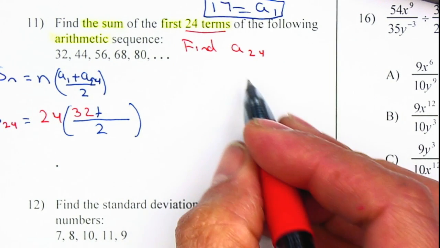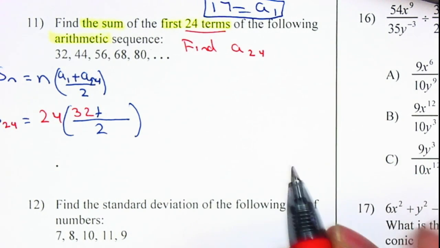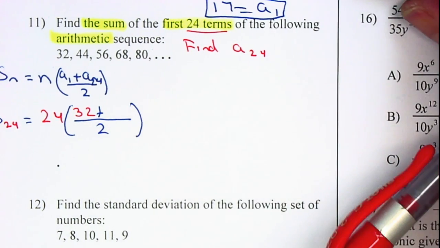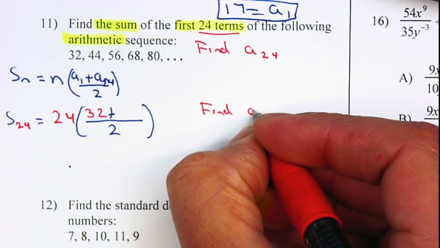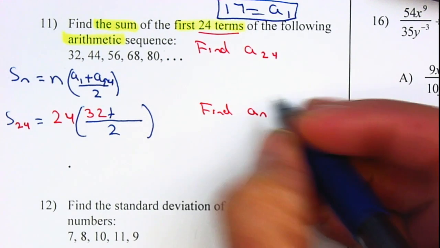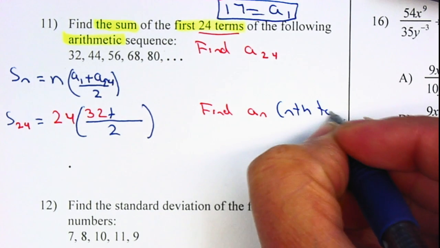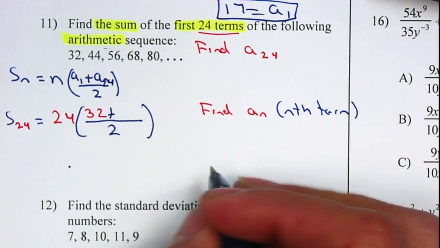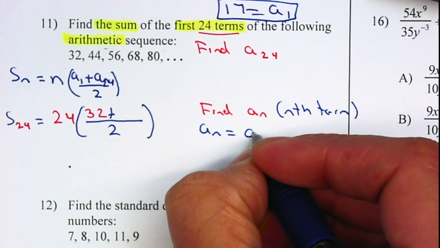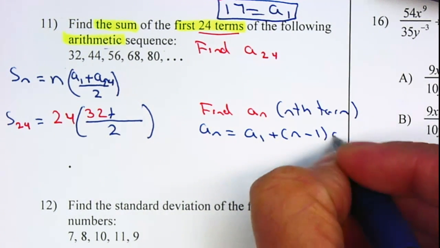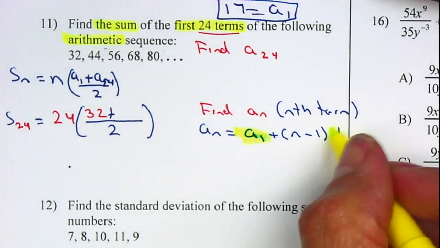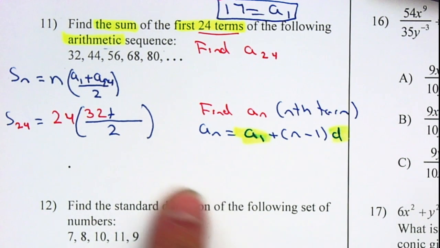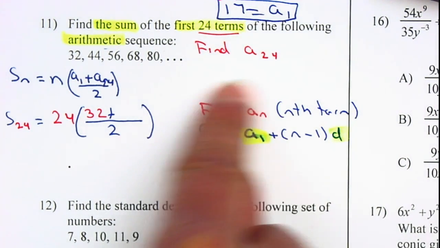In order to find the 24th term, I need to be able to find the equation, the n term. So I need to find a sub n, that is the nth term, the equation. It's an arithmetic sequence, so it'll be a sub n is equal to a sub 1 plus n minus 1 multiplied by the difference. And I just plug in the information they give me. Remember, I need to plug in the a sub 1 and the d. Once I have my equation, I can come up over here, plug in a 24 to find the 24th number,